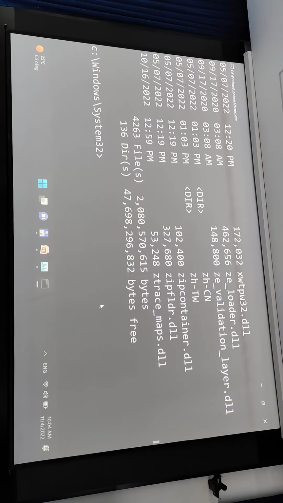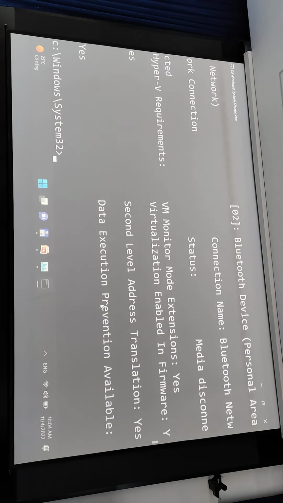Now, you could also see it more clearly, right? And if I type some command here, yeah, you could see the content. Yeah, rather clearly. Something like that.